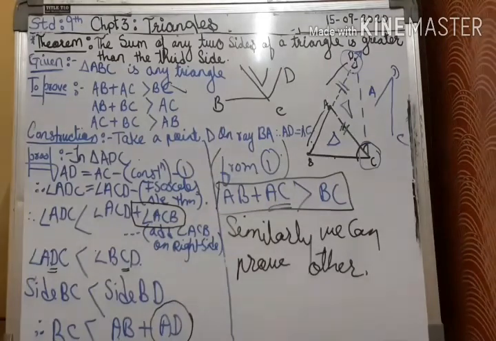So student, here our theorem is also completed. The sum of any two sides of a triangle is greater than the other third side. Write this theorem with statement and figure step by step in your fair geometry notebook. If anyone has any doubt or difficulty regarding today's lecture, just message me. We'll try to solve your difficulty. Hope you have understood today's lecture well. The next practice set is based on this, so we will start our practice set 3.4 in our next lecture. Thank you.